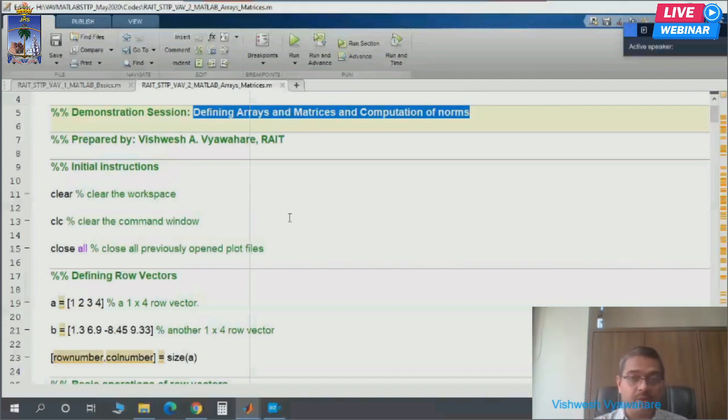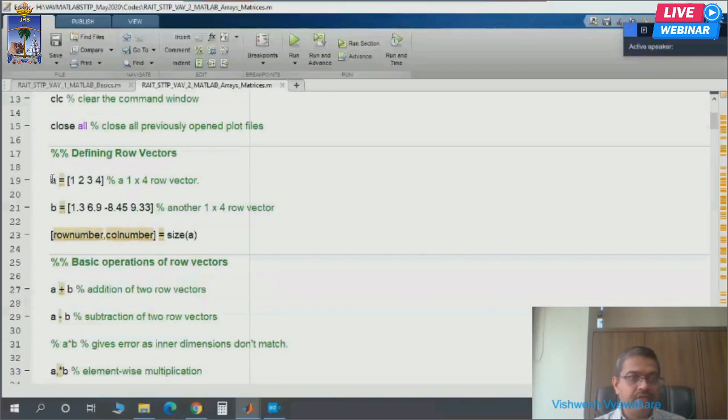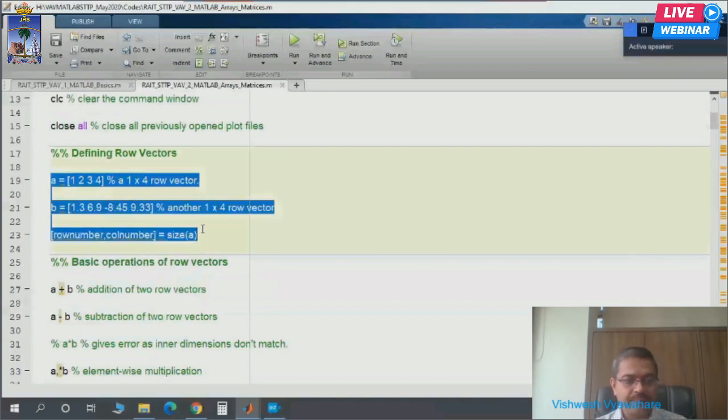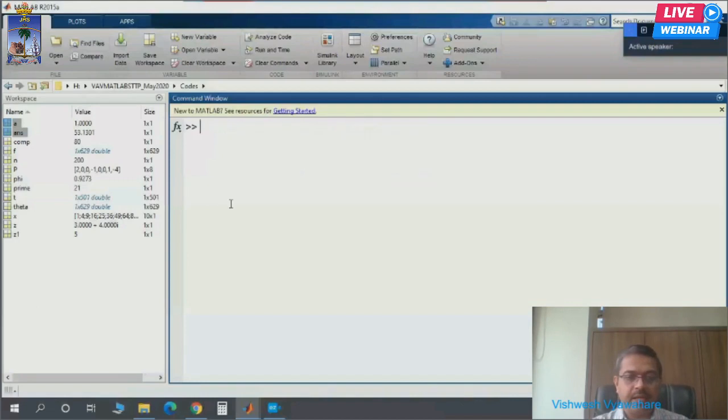All these things we are going to see. Now, defining row vectors. Let's start with that.